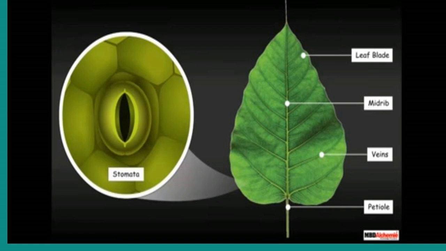The flat portion of the leaf is called a leaf lamina or a leaf blade. There is a main vein called the midrib. Other veins branch out from the midrib. The portion of the leaf connected to the nodal region of the stem is known as leaf base. Leaves of some plants possess a pair of lateral outgrowths at the base, on either side of the axillary bud. These are called stipules.